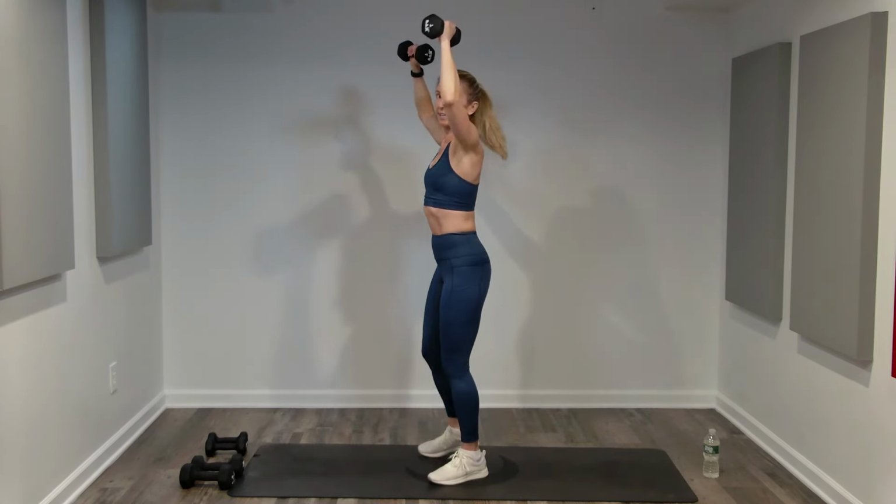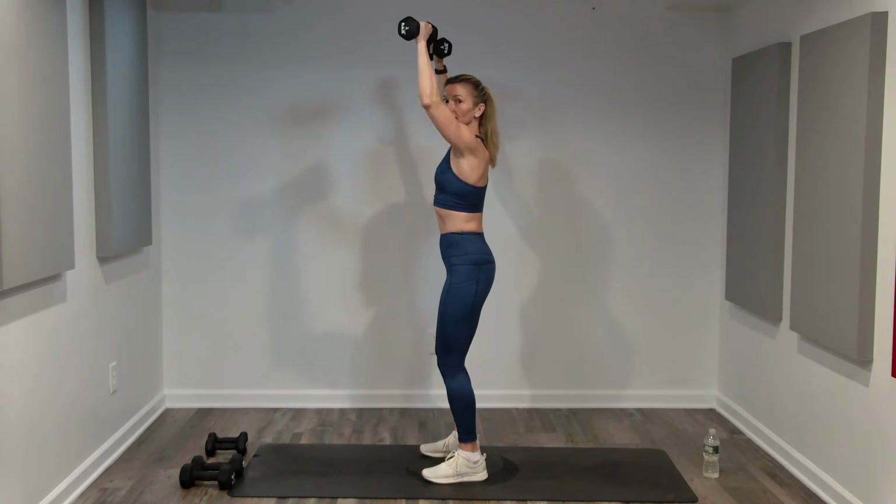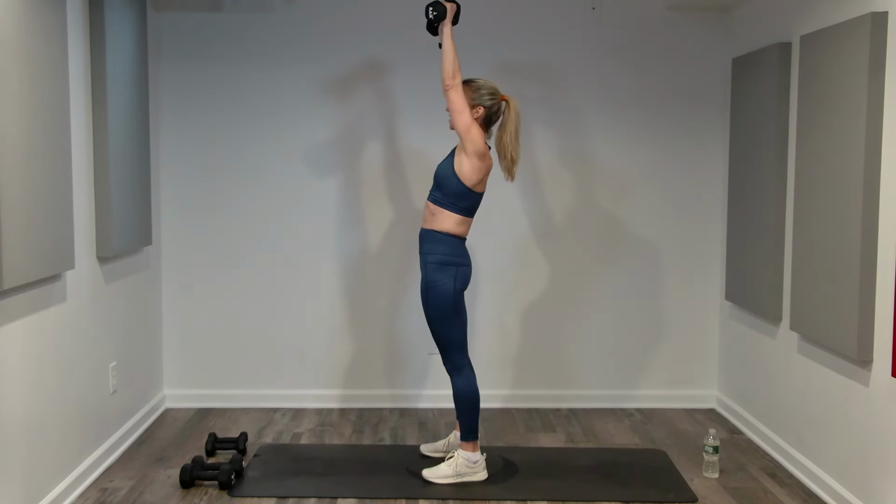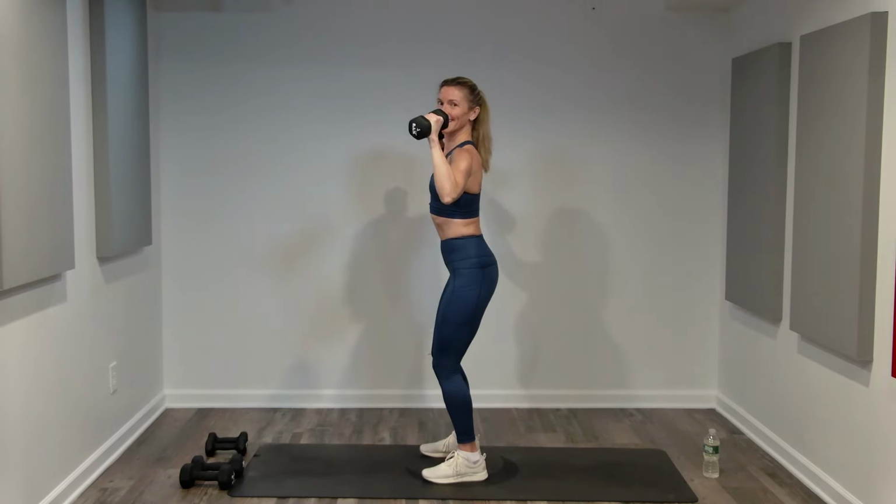Exhale up, inhale. Knees are soft, hips are level, nice strong core. Think about pushing your shoulders down as you extend your arms. Exhale, neutral spine. So those natural curves are in your back. We're protecting that. Don't lock your knees, don't push your hips forward. Exhale,